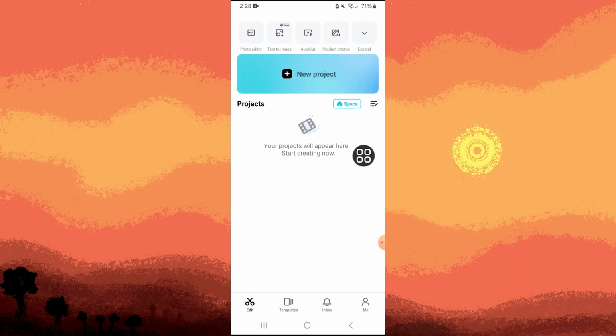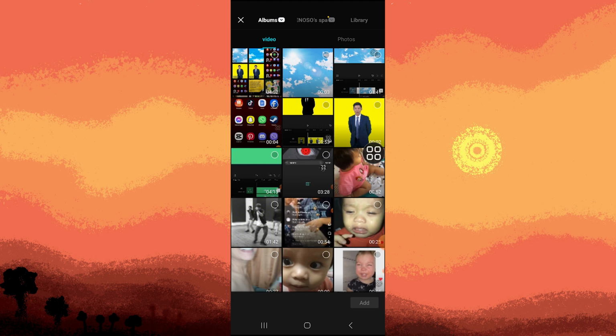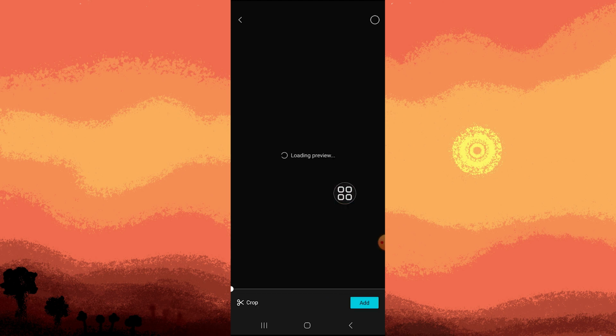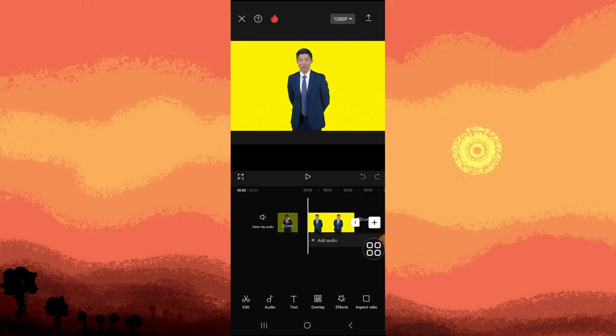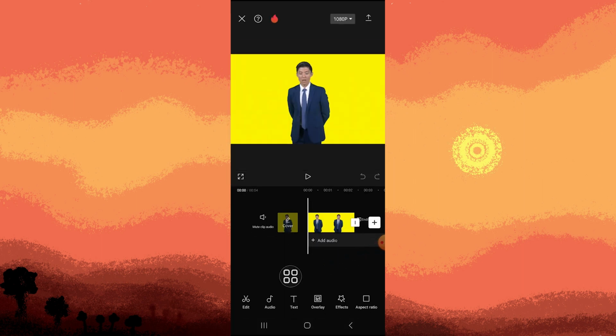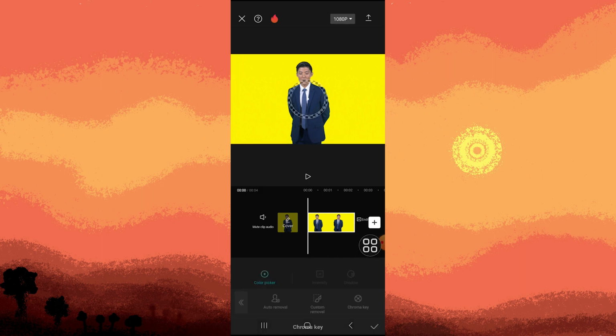then tap on New Project and choose the clip that you want to edit. And tap on Add and go for Edit. Then scroll to the left until you find Remove BG, tap on it, then tap on Chroma key,